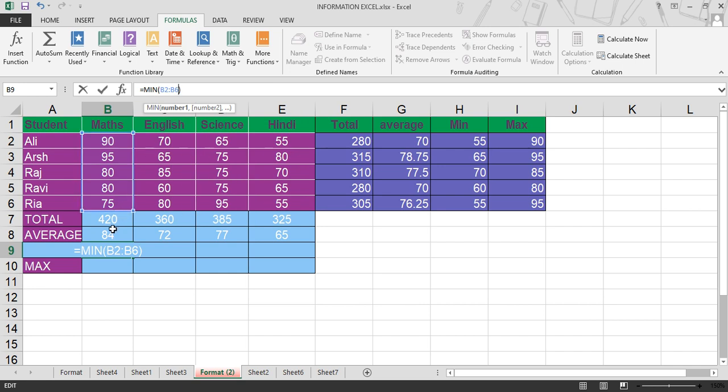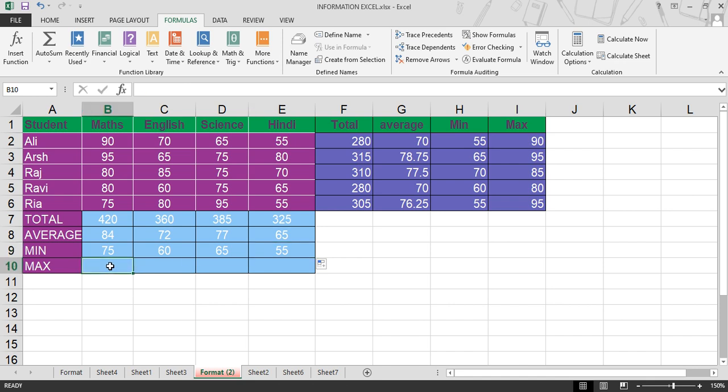Previously it selected B2 to B9, so you can change it to B2 to B6 and press enter to apply it. So in math the minimum marks is 75. In English we have 60. In science we have 65. In Hindi we have 55.